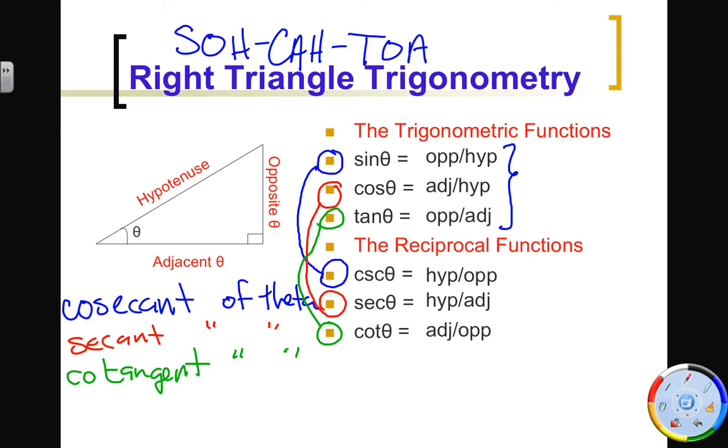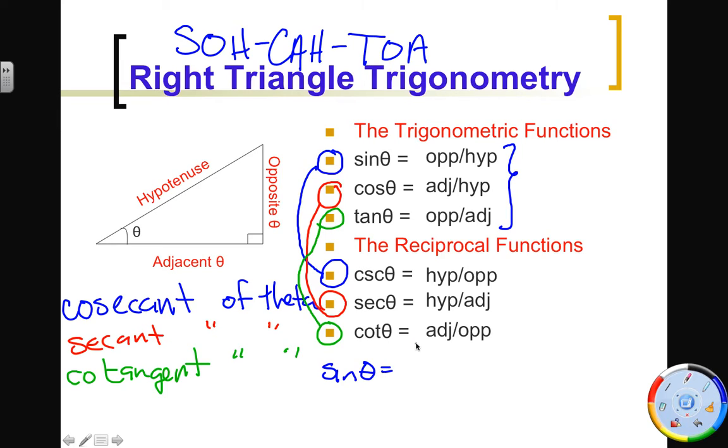It's so important that you know that the cosecant is the reciprocal of sine, the secant is the reciprocal of cosine, and the cotangent is the reciprocal of tangent. It just makes your life a lot easier if you make them known to you quicker. I'm going to put a little piece of information down here at the bottom. This being that